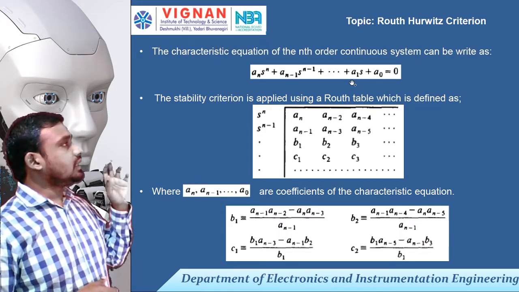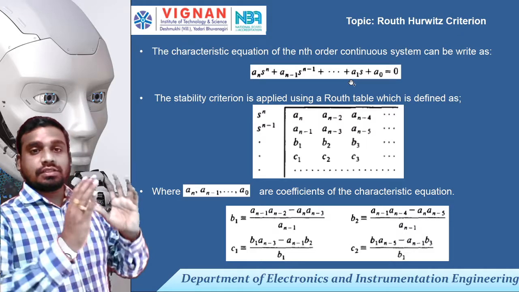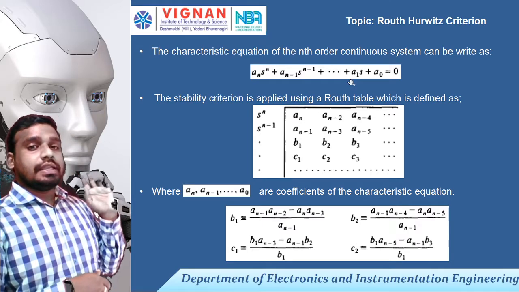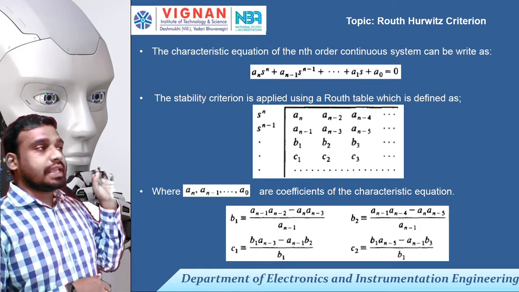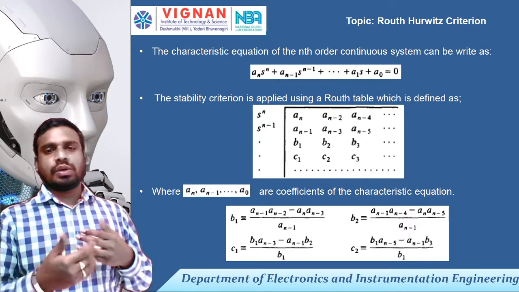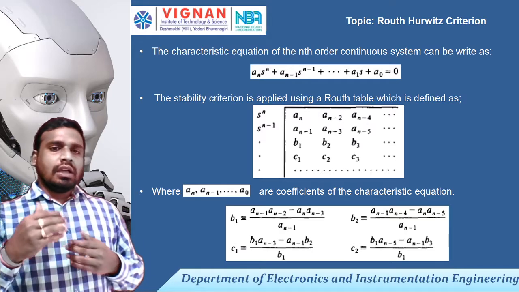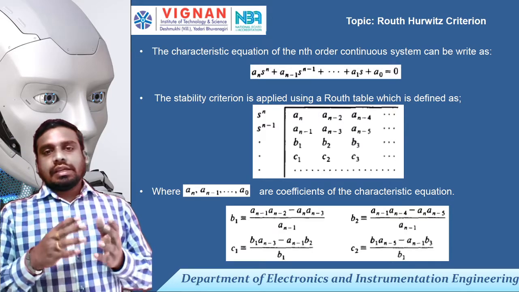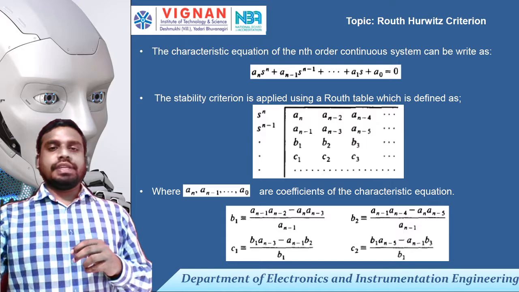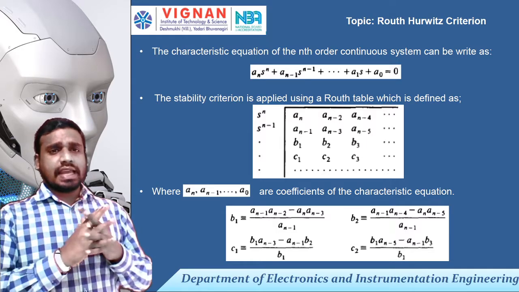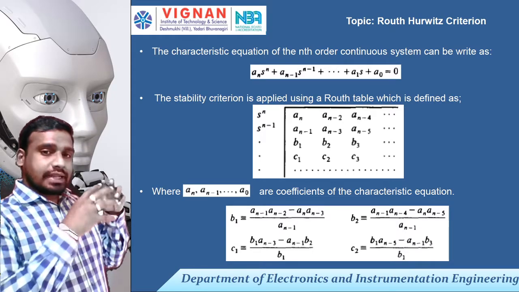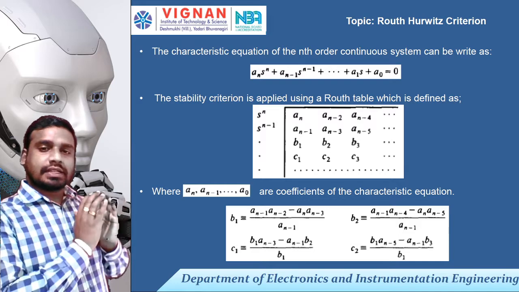Let us consider a transfer function where the characteristic equation is the denominator factor. You can see there a_n s^n plus a_(n-1) s^(n-1) and so on, plus a_0 is equal to 0. That is the characteristic equation we have seen till now. Here we are not writing this characteristic equation in terms of s plus a, s into s plus b, into s plus c. We are just taking the characteristic equation as it is. What we are doing here is arranging the coefficients of that characteristic equation.